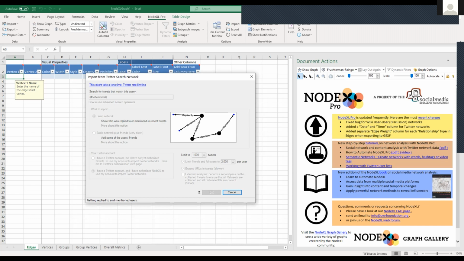So bale, if you use NodeXL to get data from Twitter, automatically the fields are set up na for network analysis kagad. So meron yung laman na kagad yung vertex 1, which for Twitter, it's the person na gumawa ng tweet.